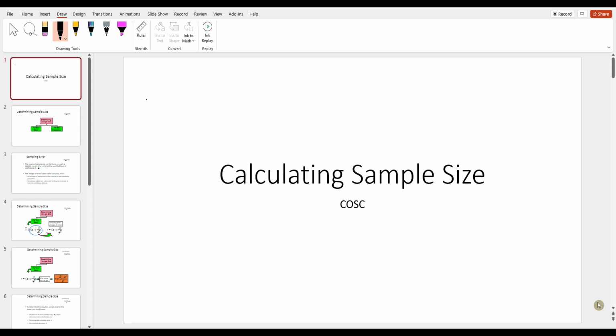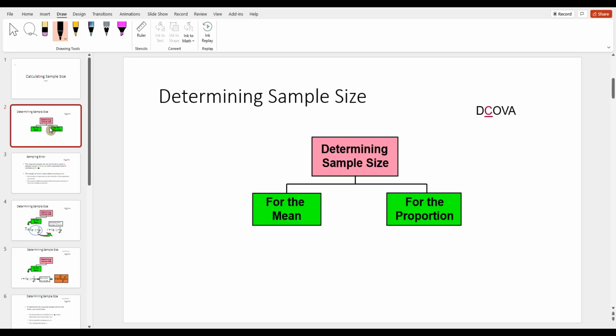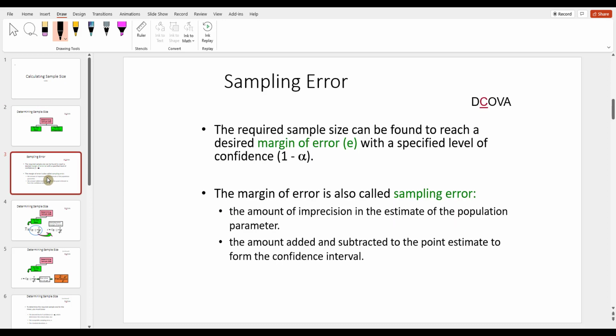In this video, I will talk about how to calculate sample size. So we will discuss how to calculate the sample size for the mean and for the proportion. The required sample size